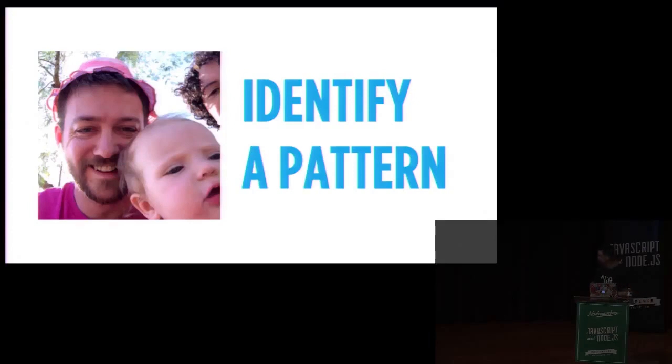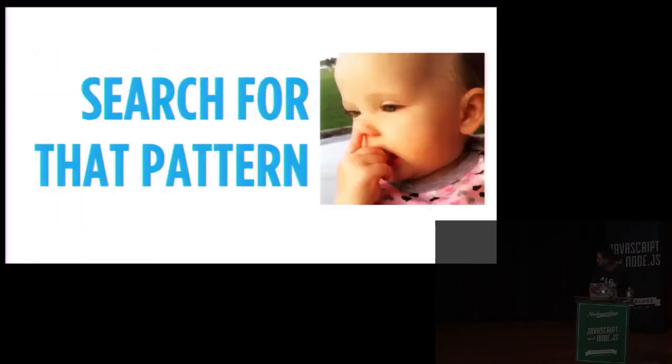So first of all, we put on our thinking hat and we identify a pattern. So where do we find these patterns? We steal these patterns. I'm a pink hat hacker, by the way. We steal these patterns from other languages. We say, okay, what are some bugs in Python? What are some bugs in Ruby land? What are some patterns? And we steal those, and then we just look for them, right? And then we search for that pattern. And searching for that pattern is hard.